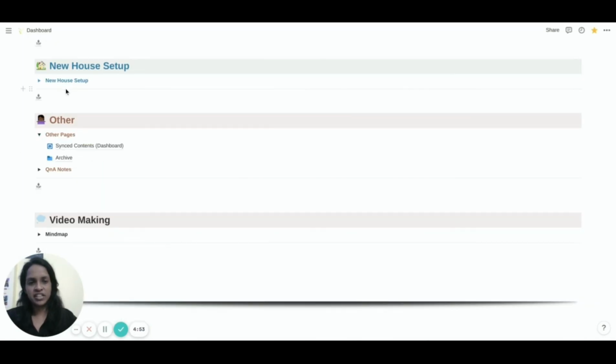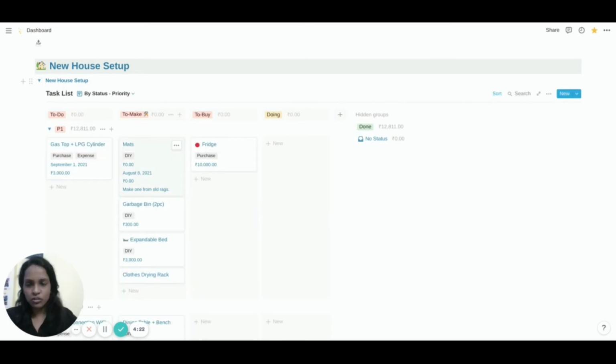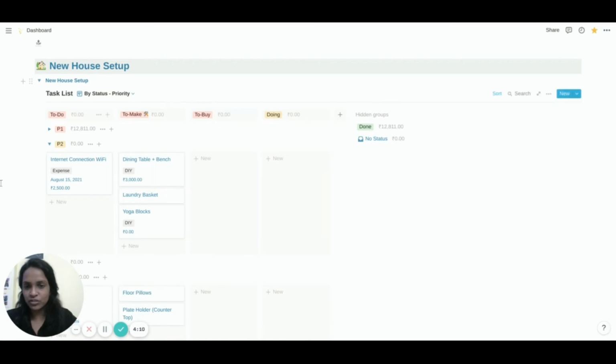This is a section that I recently added because I moved into my own rented apartment and there is quite a lot of things to do to make or buy. So I thought I could just add a space to my dashboard to plan those activities. These are broadly divided into priority and category on whether I need to buy, arrange, or DIY each of them. I also applied the latest update by Notion to group and subgroup the items by priority and status. So the grouping has been done by status and subgrouping has been done on the basis of priority. So this is a much neater way to look at the bigger picture without having to switch views back and forth.